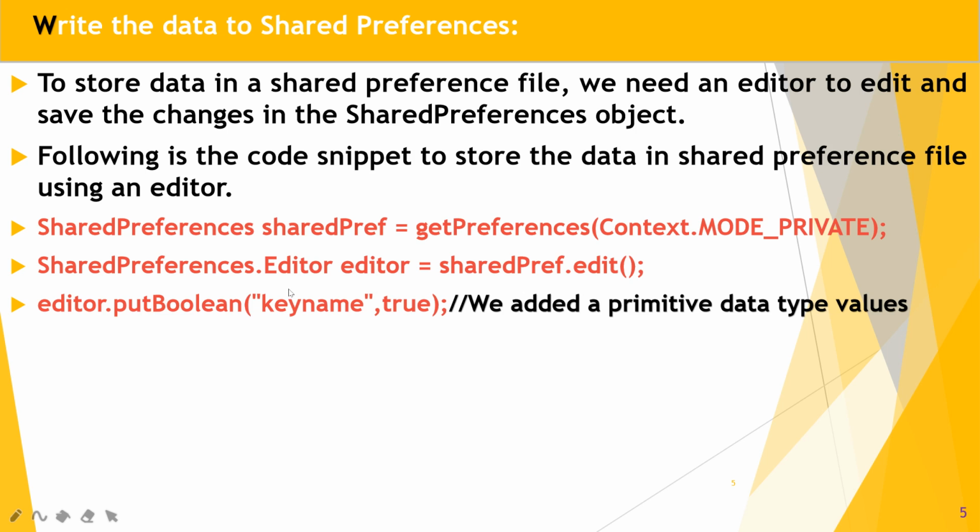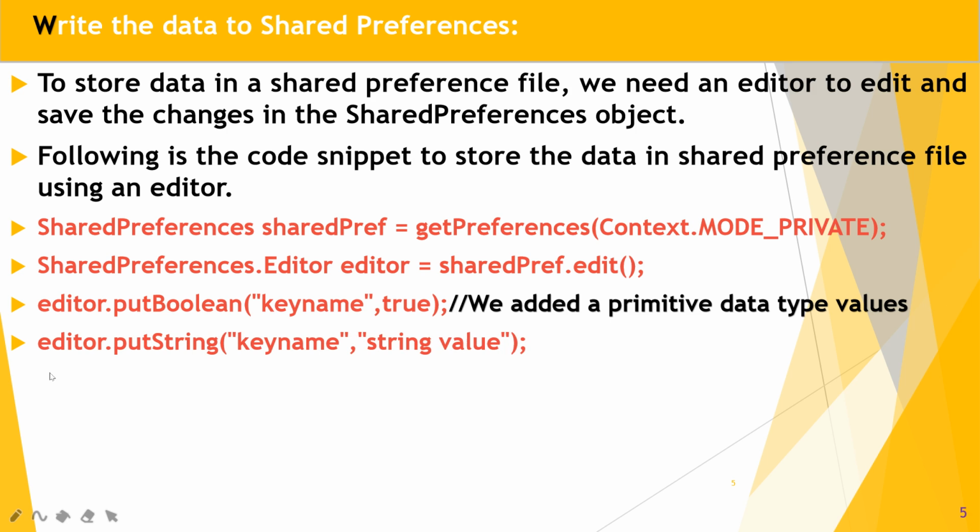Next, editor.putBoolean. If you write data in that shared preference file using the shared preference object, use the editor object dot putBoolean method. You can pass the key name comma true as the default value because it is a boolean. So we added the primitive data type values into the editor object. Great.